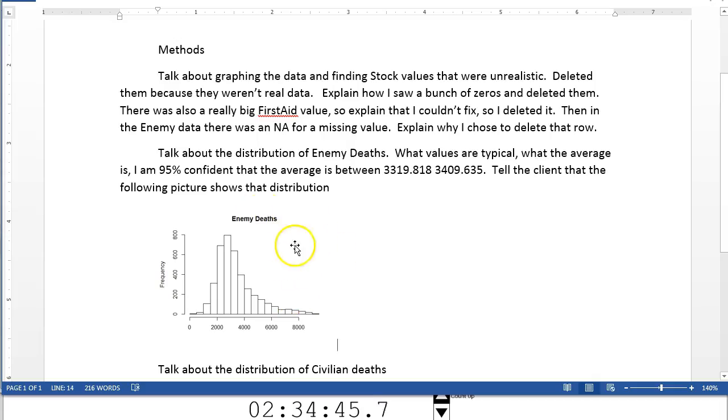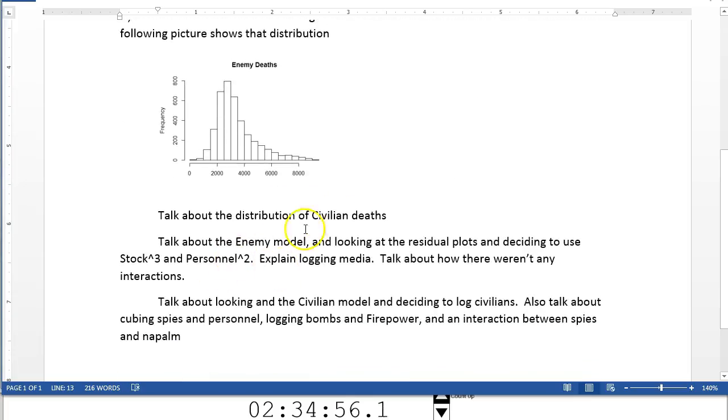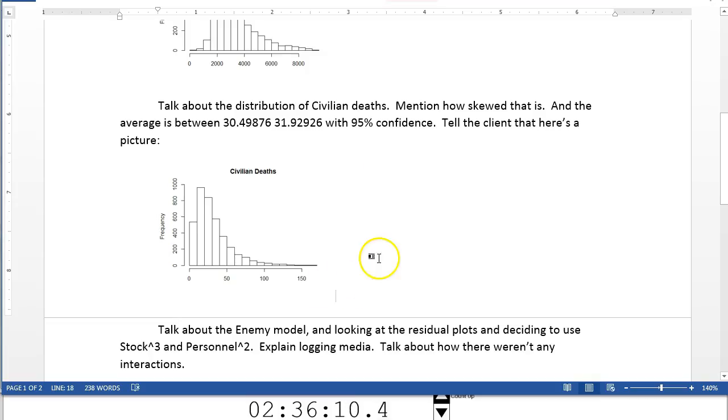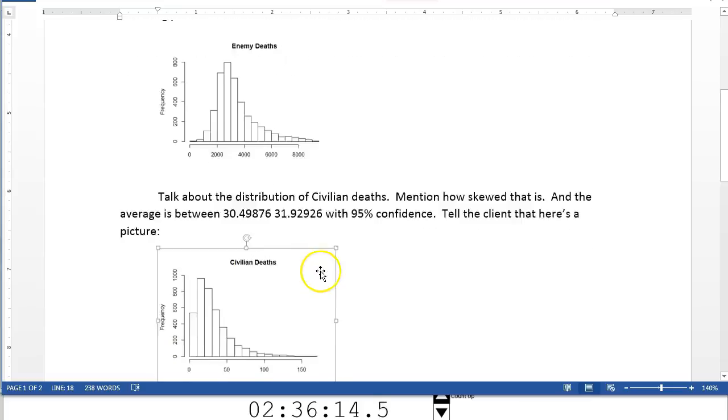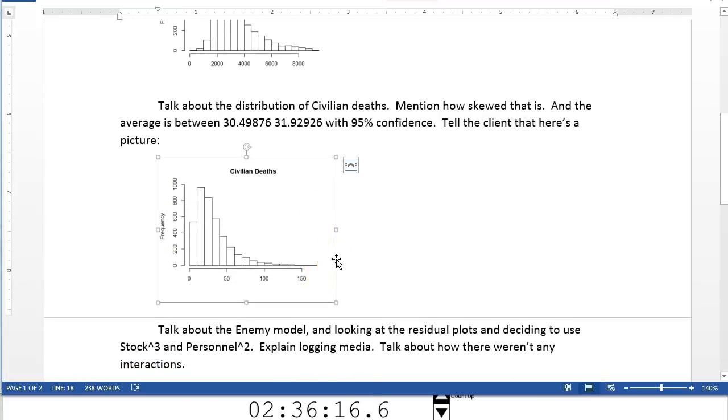I'm going to throw in a picture because that looks really cool. I'm going to mention what that picture is and what it shows. You don't just put graphs in without some sort of explanation somewhere. And then for civilian deaths, we're going to do the same thing. So do I have to include a picture? The answer is no. I'm doing it because I like to do that, and that's my style. I hope as you write your final project that you look for your own style. How do you like to explain things? Are you leaning heavy on the pictures, or do you lean heavy on explaining things with words?